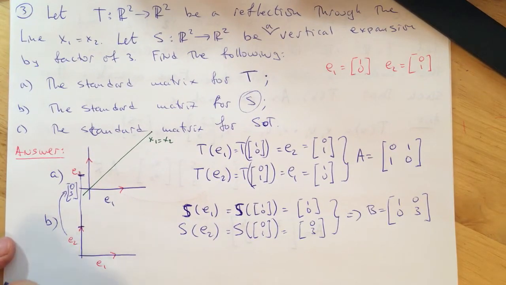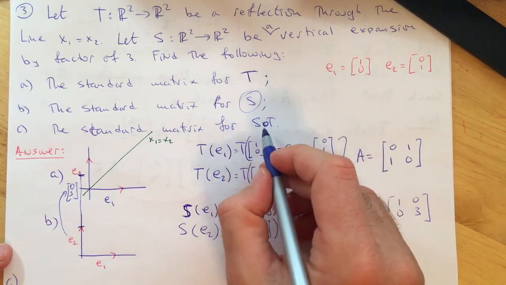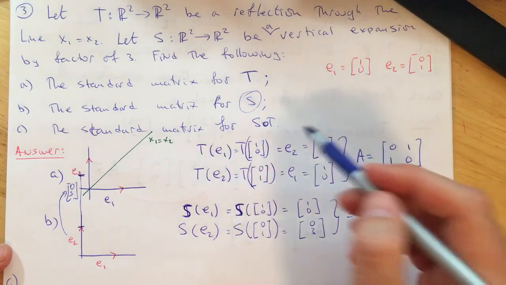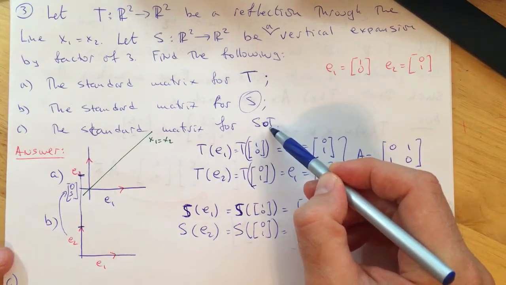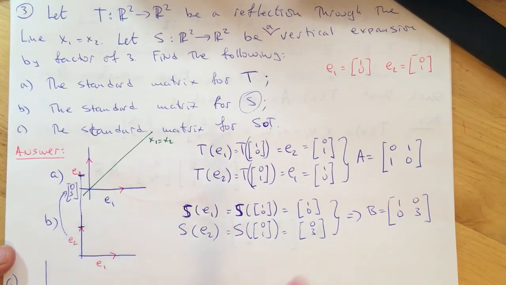And finally, part C. What is the standard matrix of the transformation S composed with T? So that means to a particular vector, first we apply the transformation T, and to what we get we apply the transformation S. So one thing we can do is just observe what happens to the standard unit vectors. So this is E1 and E2. So first we apply T. Okay, so E1 moves